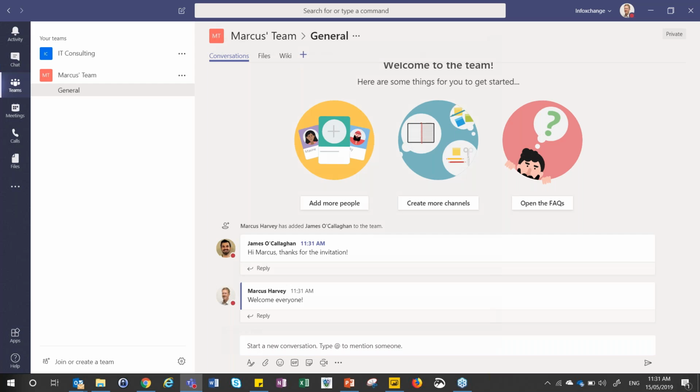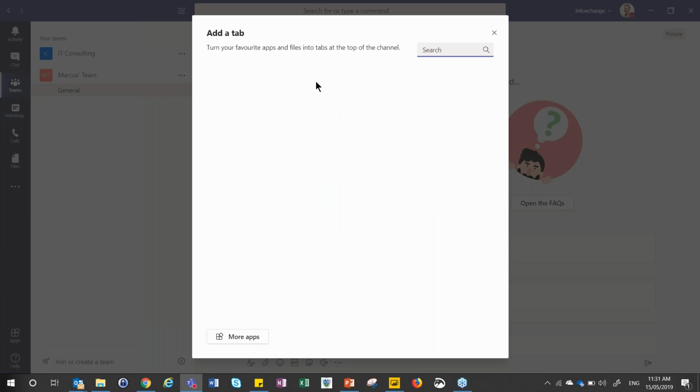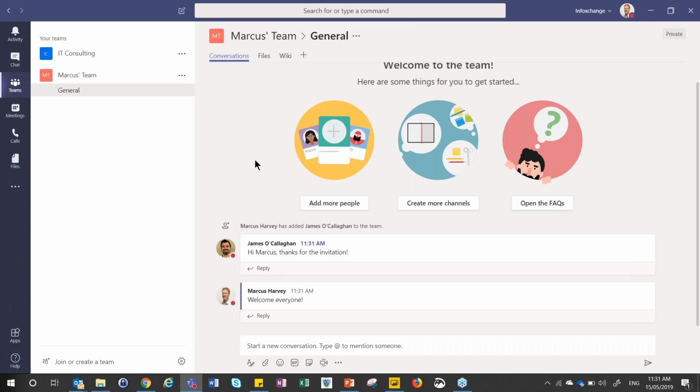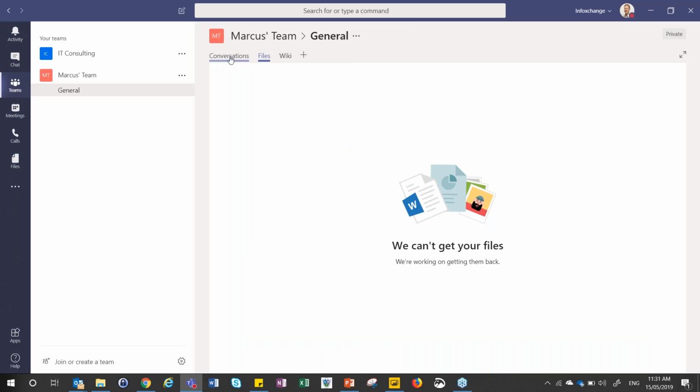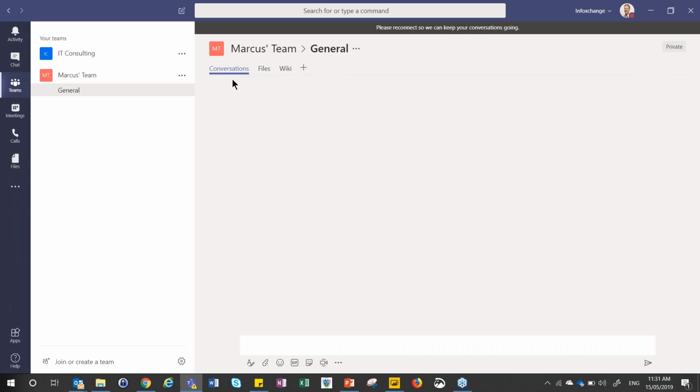But I am, to be really honest, a bit of a OneNote fan. And let's see, it might be running a little bit slow today. So we'll start that in a second as it's still doing the setup process. But what it allows you to do